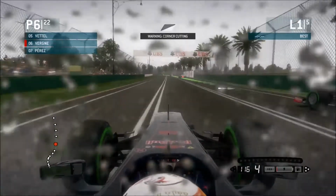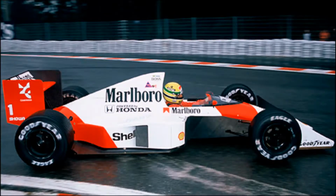And in 4th place is the McLaren, the 1989 McLaren, driven by Senna and Prost. And this was a very iconic, probably the most iconic livery ever in Formula 1, and maybe ever will be. This very simple white and red design really is very nice, and it grows on you every time you look